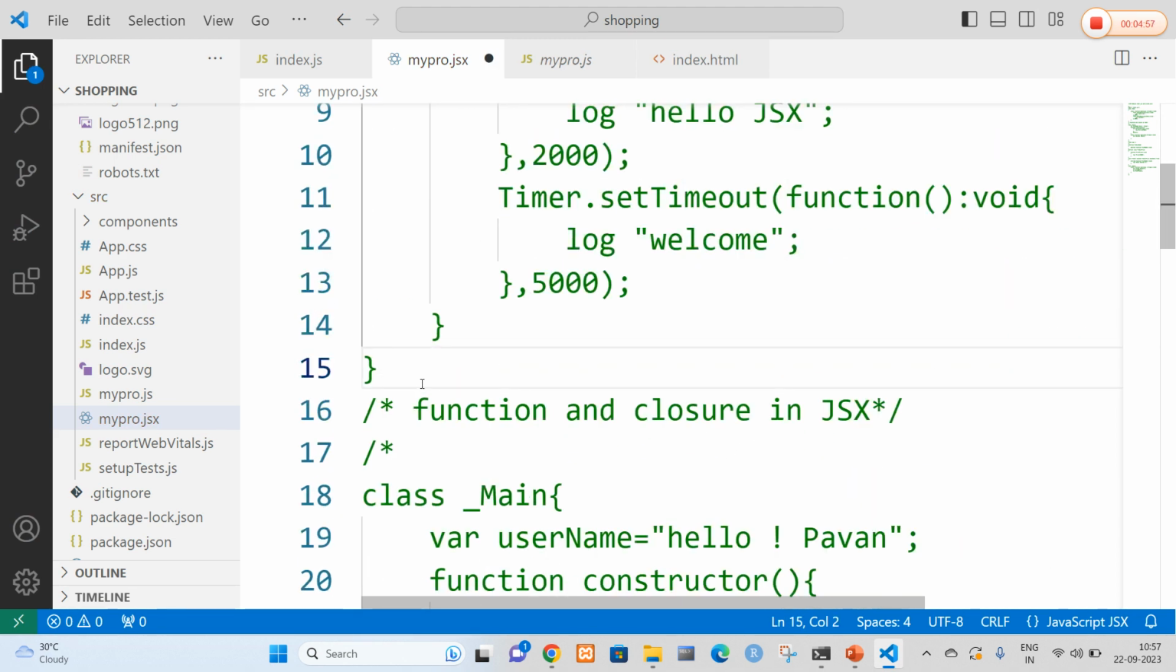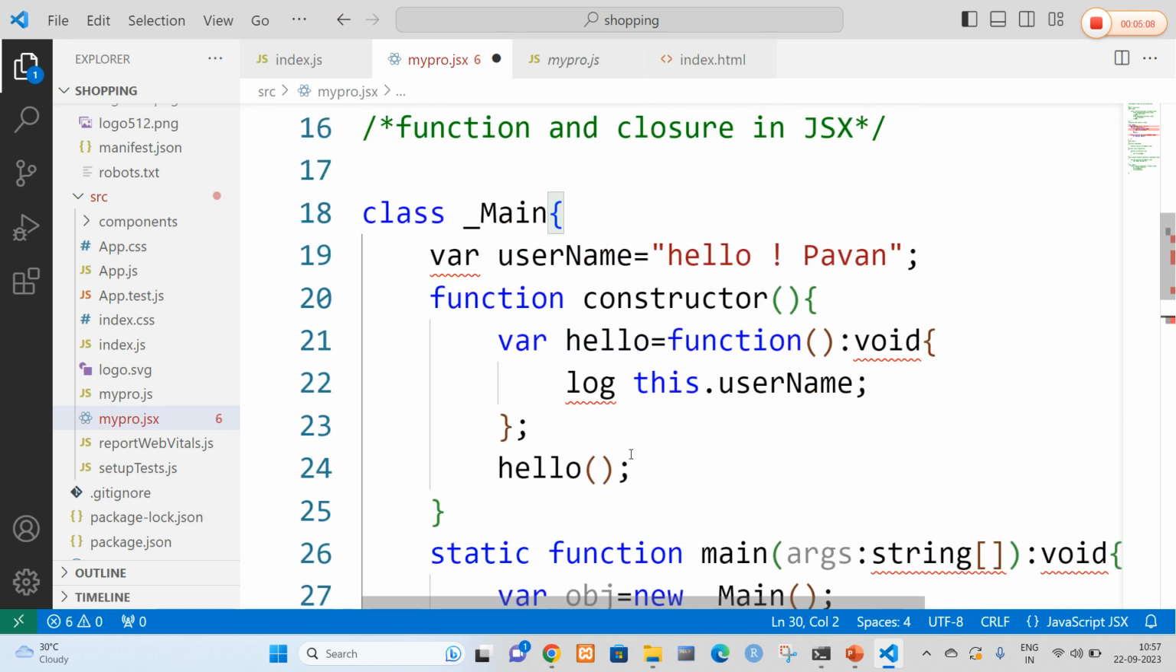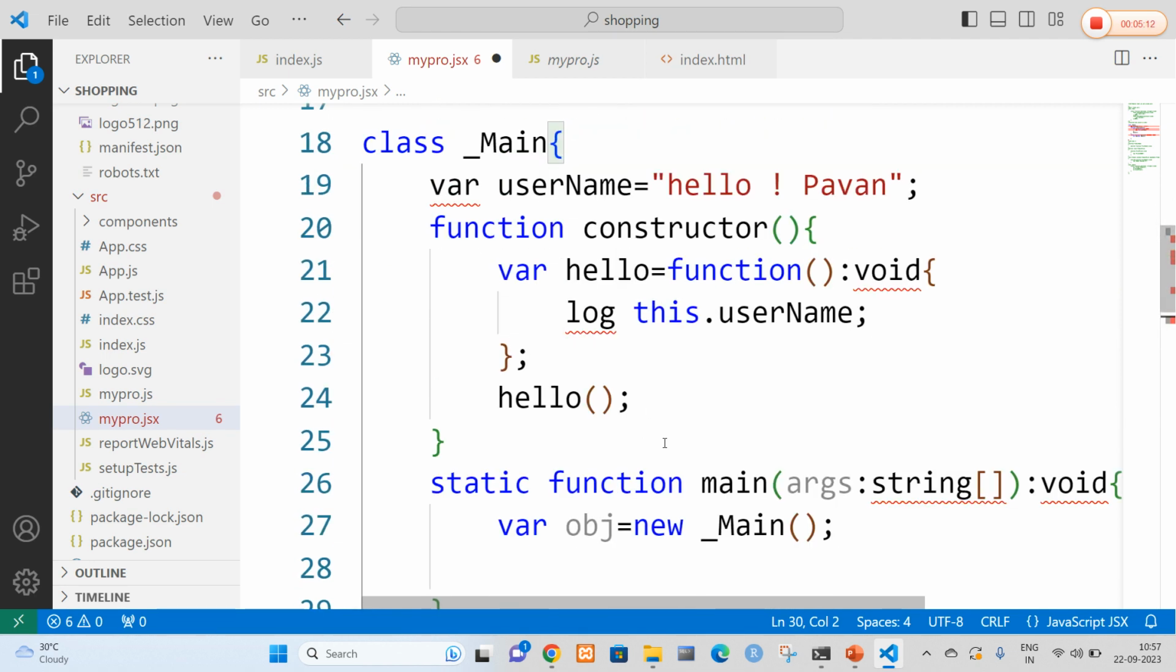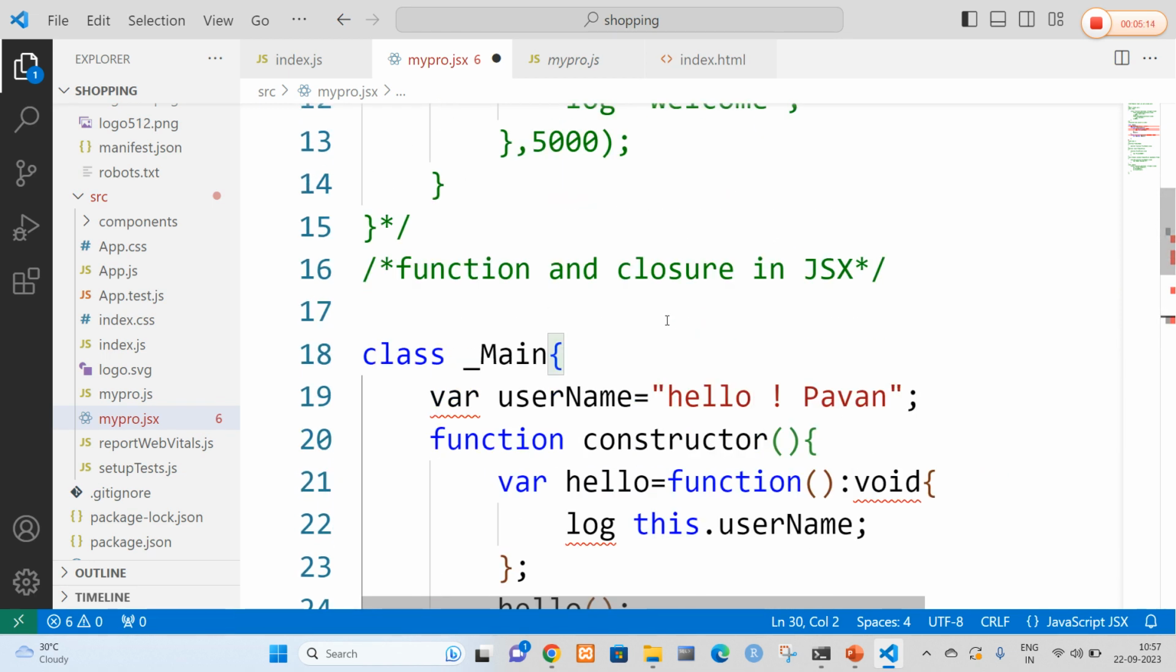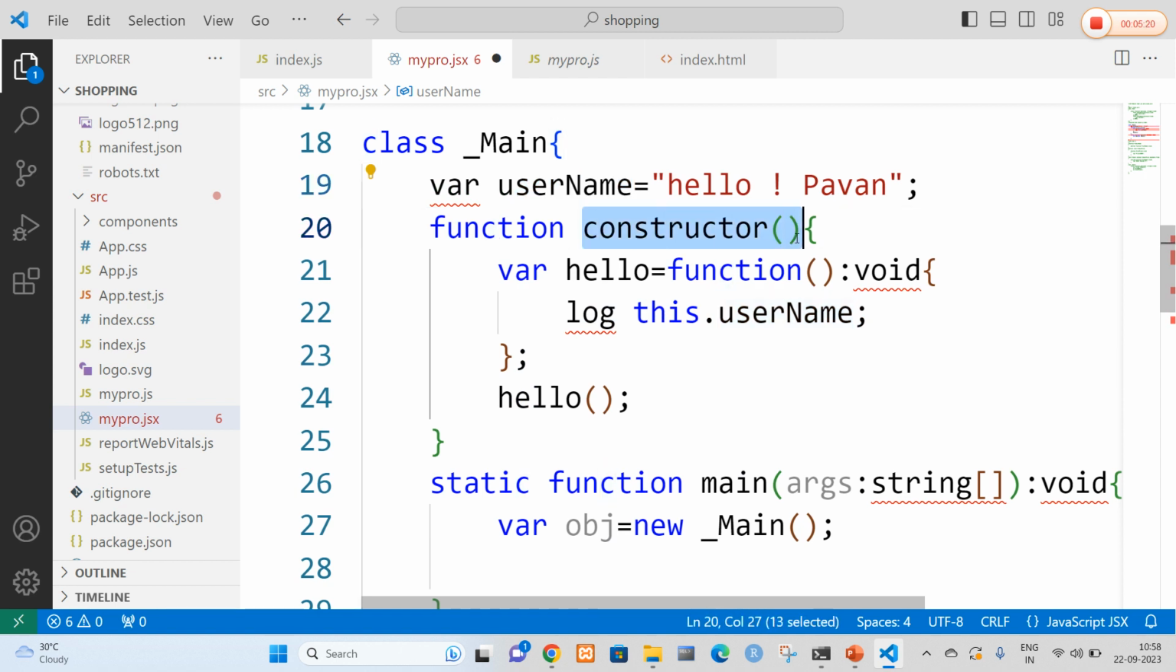Now I am going to highlight this one, and unhighlight the concept of functions as well as closure in JSX. That is, we can define the functions in JSX with the help of a keyword called const. This const keyword along with var is going to be used in React.js also. Now here I am going to define a variable with a name called username, and I am going to define a function called constructor. And in the constructor also I am going to define another variable name which acts as